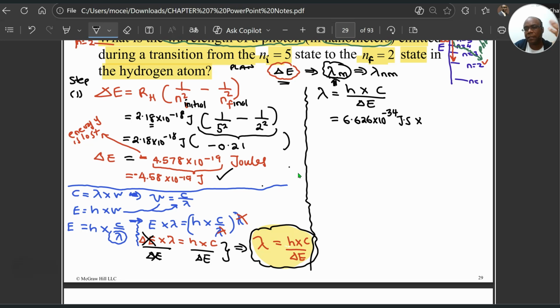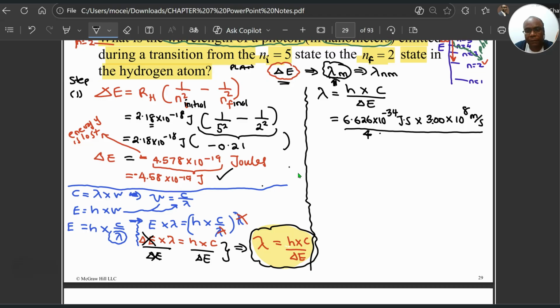That's usually provided in the test. And speed of light is a constant too, 3.00 times 10 to the power 8 meters per second. We know that. And we are dividing this through by delta E, which is